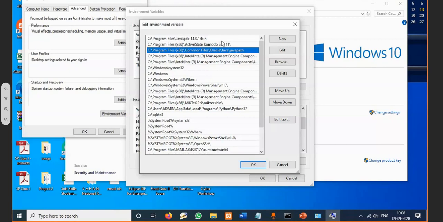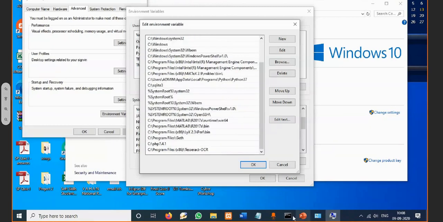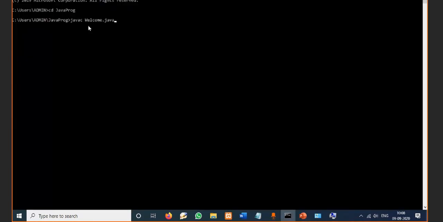When I go to the prompt here, now I'm using the Java compiler to compile, already compiled. Once again, if you want to, javac followed by welcome.java. Now it has been compiled. It is not having any error. With this compiled, we can check the directory. It will have the two files.